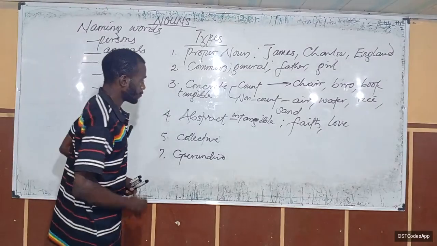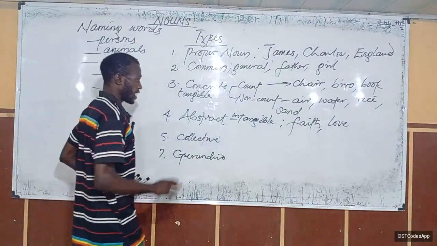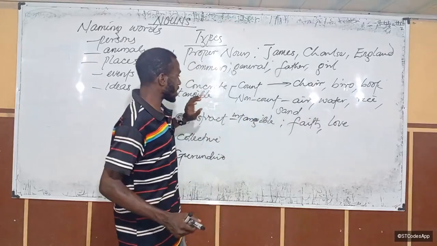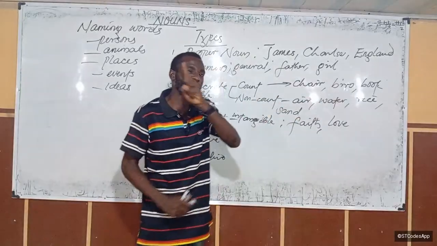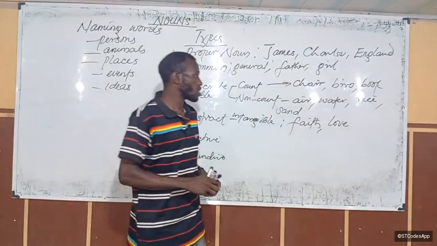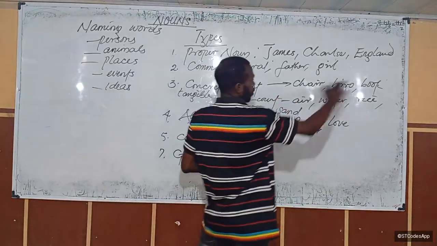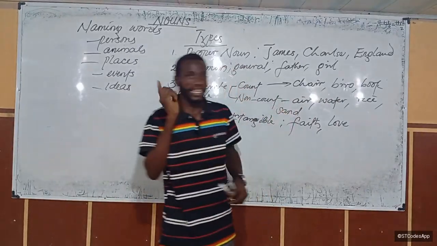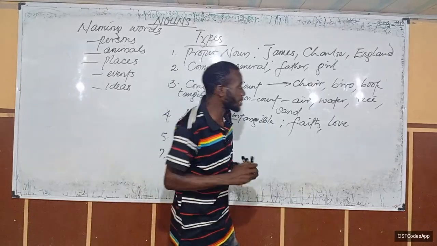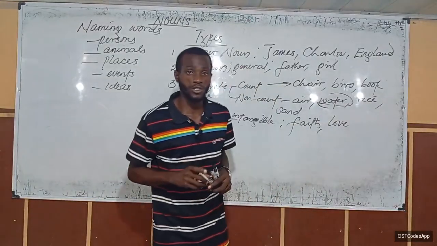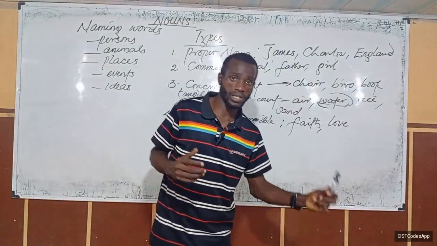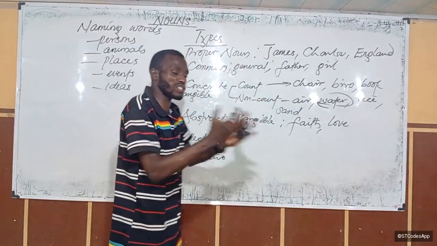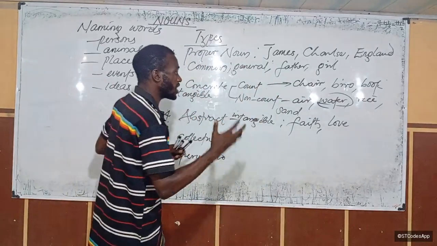Then collective nouns now. Those are abstract nouns, basically. One thing with them is that we don't pluralize them, except in cases where they have different sources. A typical example is water. If you want to pluralize water, it means you are talking about water from different sources: spring water, rainwater, well water, all of those sources. You can now say waters. But usually we don't pluralize them.